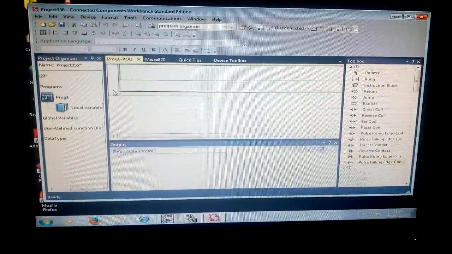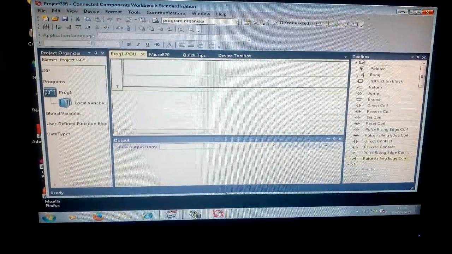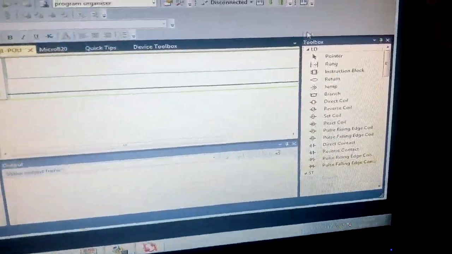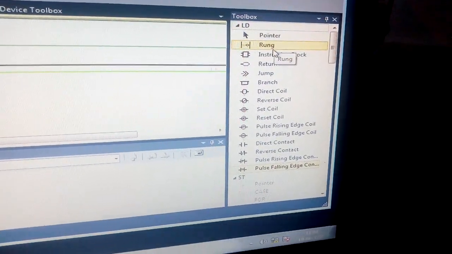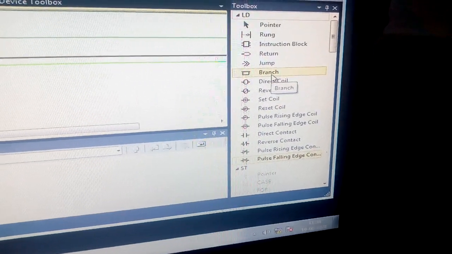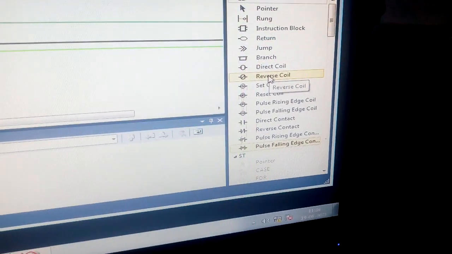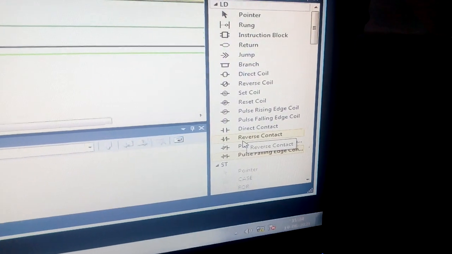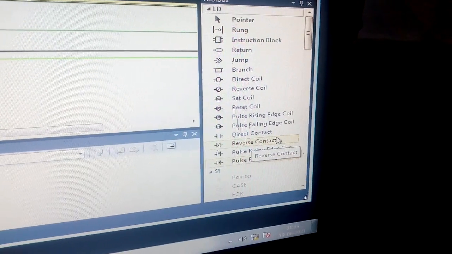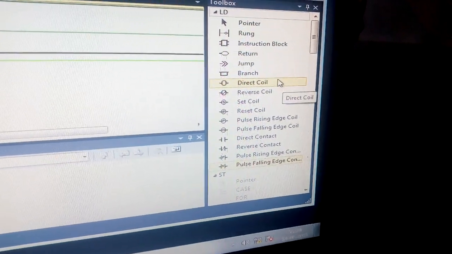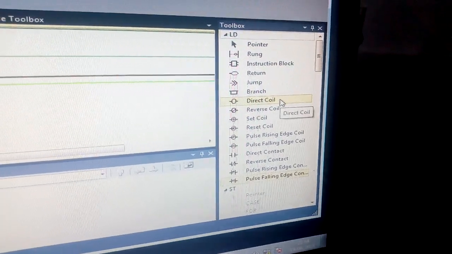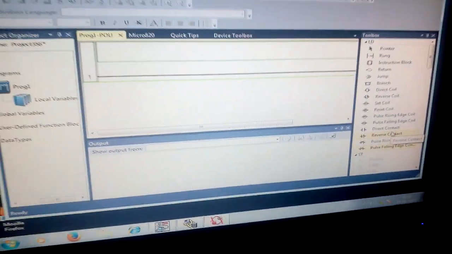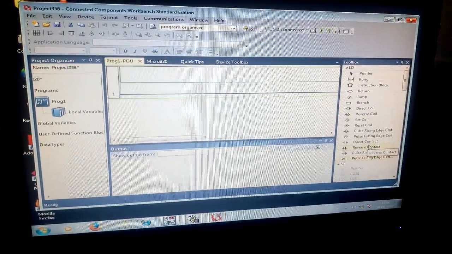First, for the NOT gate. To the right side we have a toolbox with different tools: the pointer, rung, branch, direct coil, reverse coil, direct contact and reverse contact. Here the contacts are used for the inputs and coils are used for the outputs.